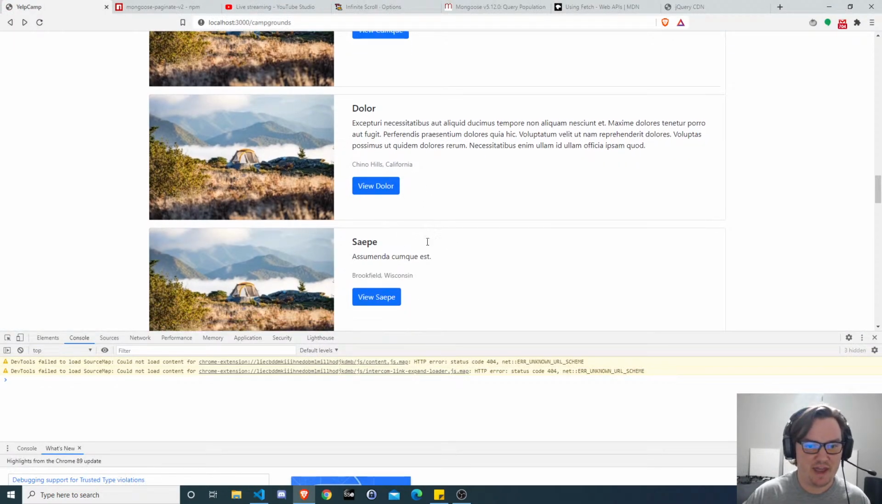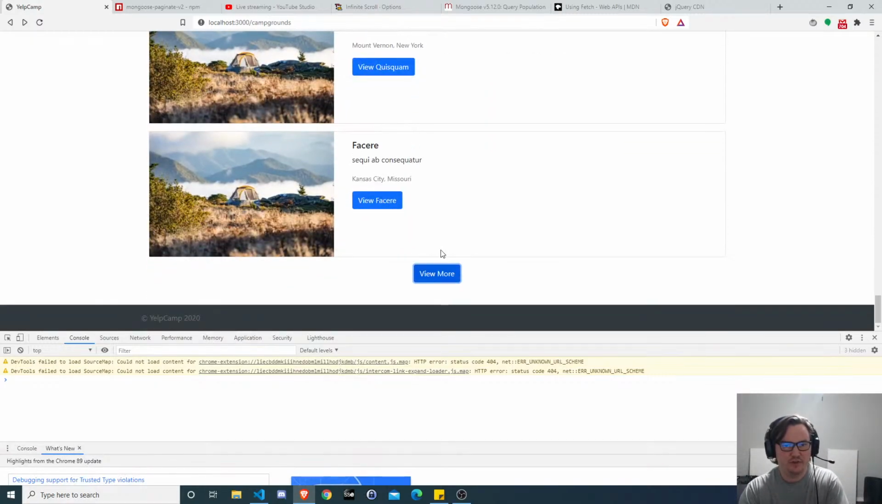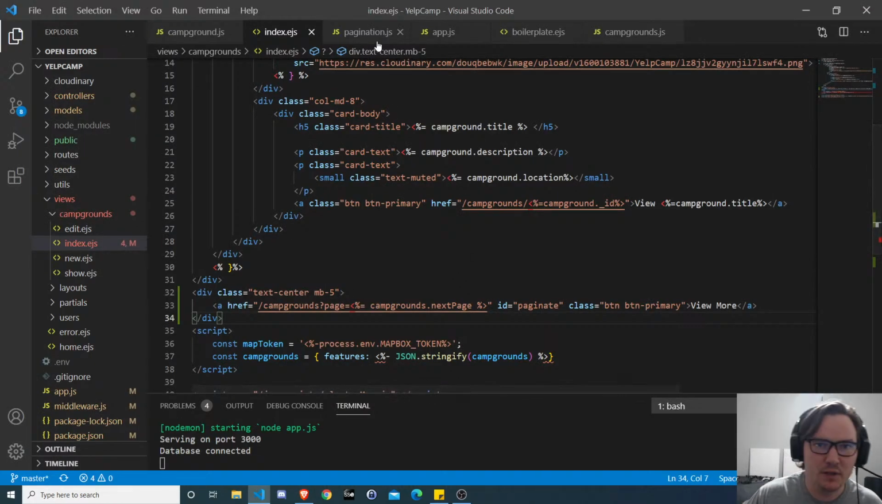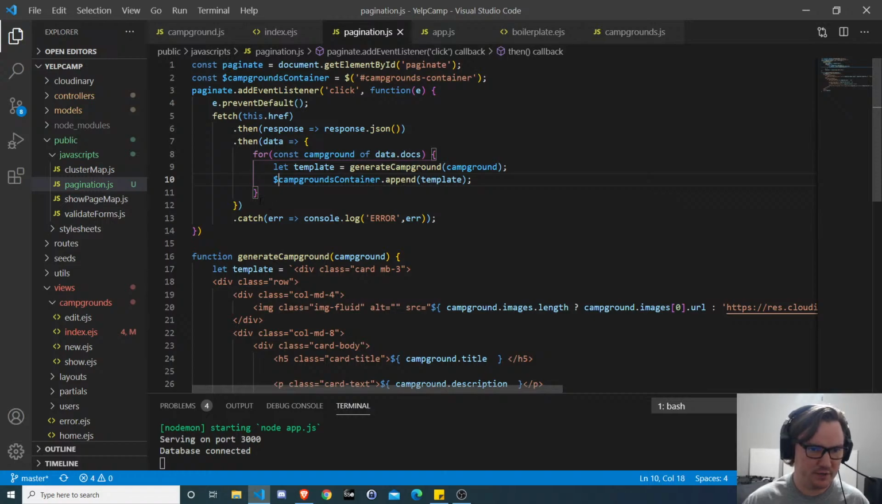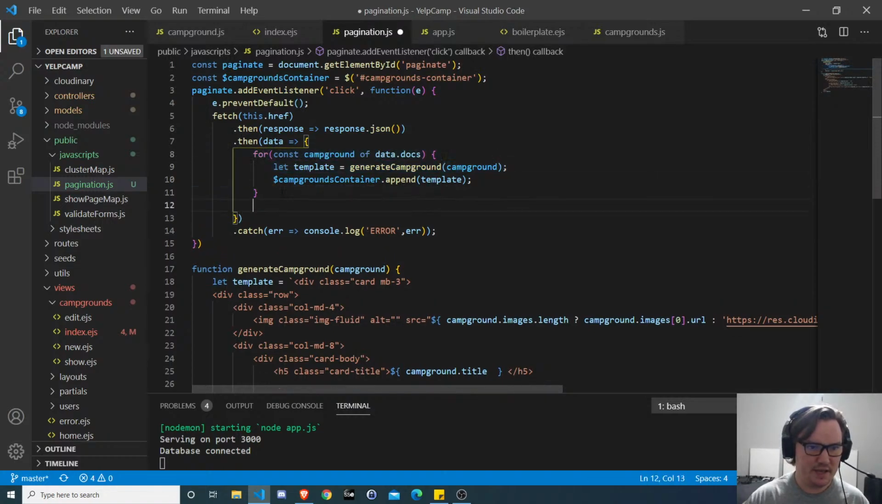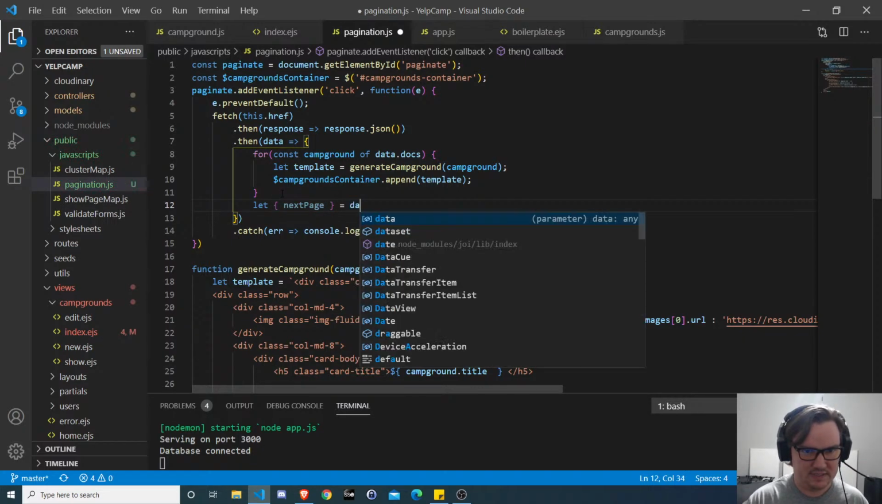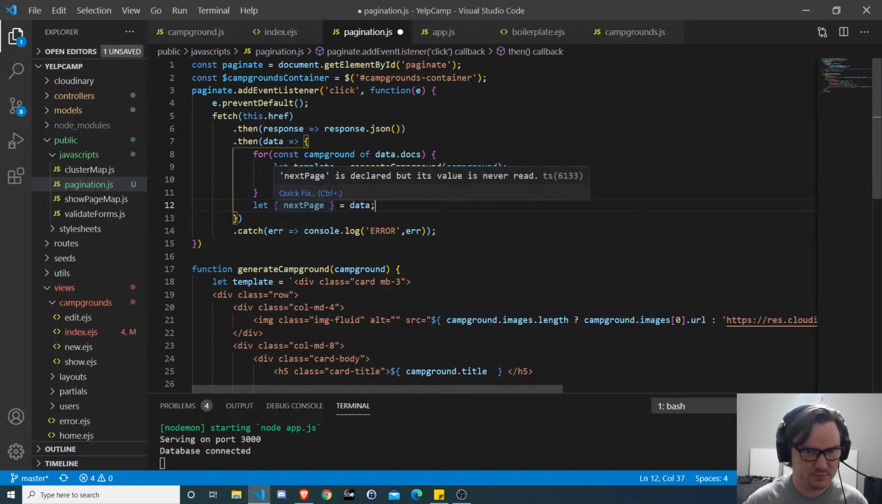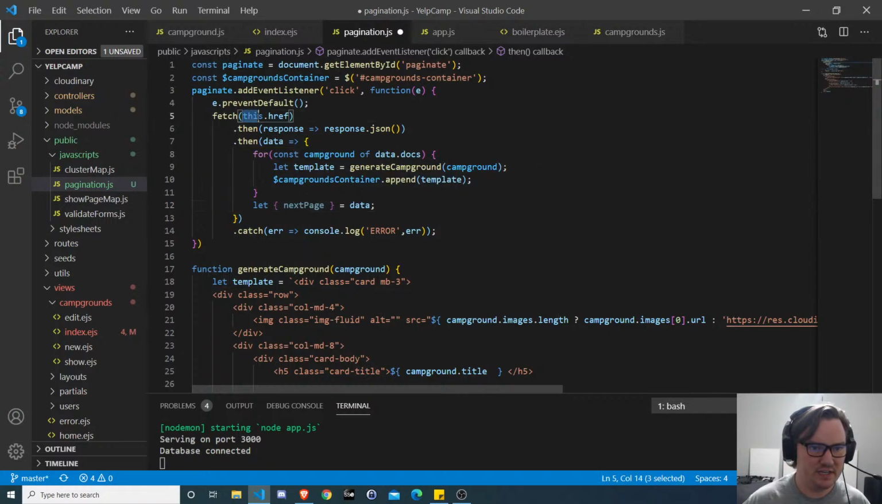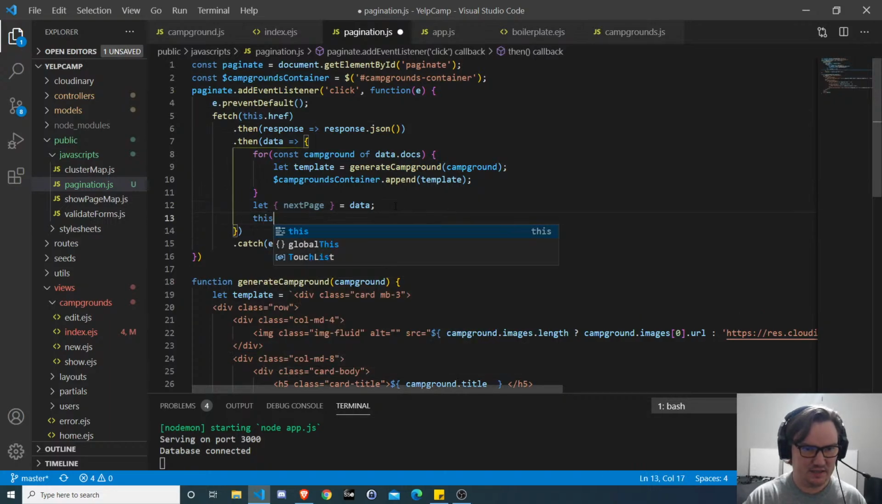Okay, so check it out. It appended the new ones. Scroll down. Now, if you mouse over view more, it still says page equals 2, which is a problem, right? So then in the pagination script, whenever we're done with all of this for loop, then we have access to the page, not page number, next page. We can destructure it. It's equal to data. So data.nextPage will give us the next page. And then remember, we still have access to this. So then we can say this.href is equal to